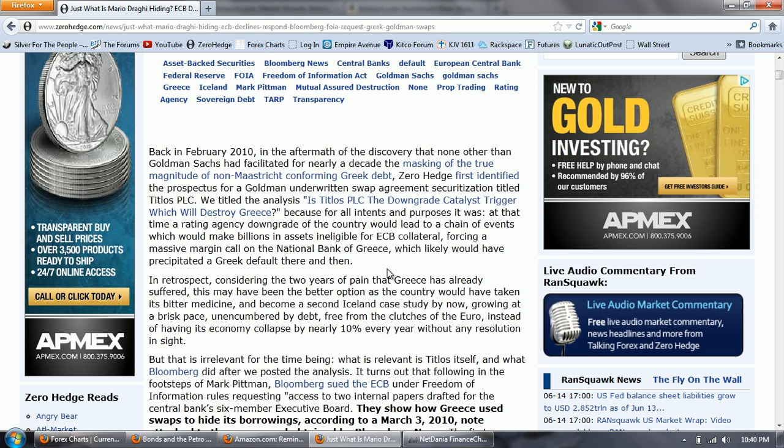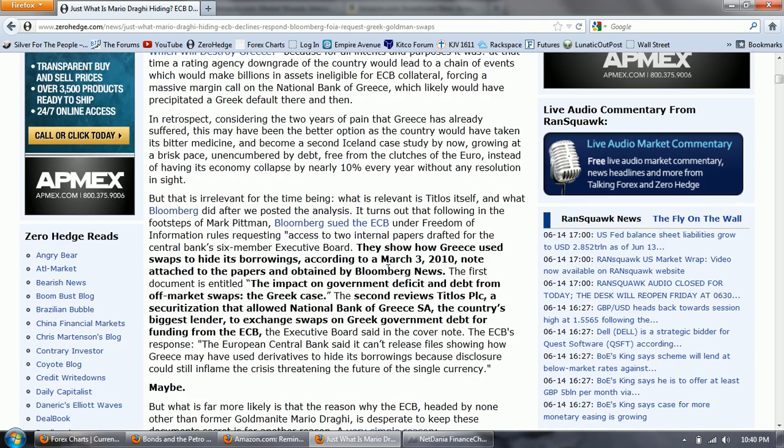At that time, a rating agency downgrade of the country would lead to a chain of events which would make billions in assets ineligible for ECB collateral, forcing a massive margin call on the National Bank of Greece, which likely would have precipitated a Greek default then and there. In retrospect, considering the 2 years of pain that Greece has already suffered, this may have been a better option,